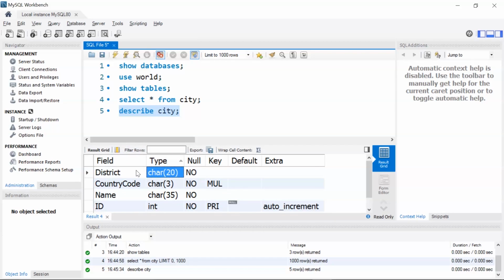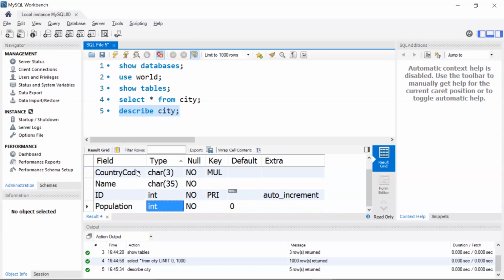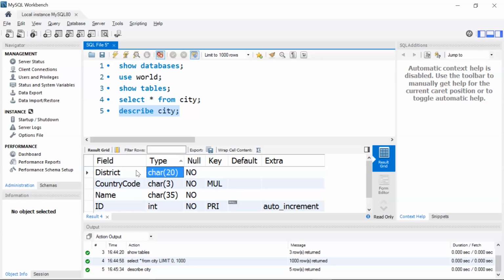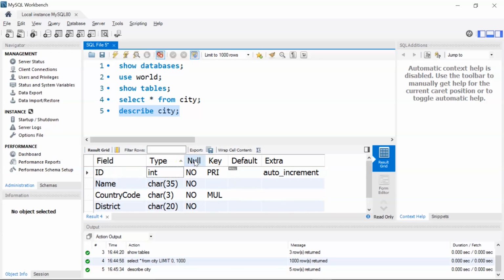So district is char 20, ID is an integer, and population is also an integer. Null says yes or no, which means if no, then there are no null values. If it's yes, then there are null values in your table. Key here represents whether you have any primary key or foreign key, and these are some extra information.